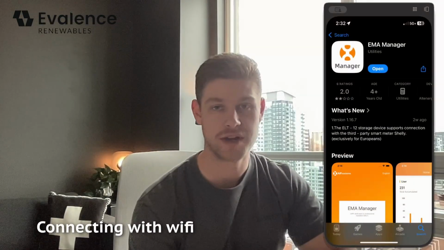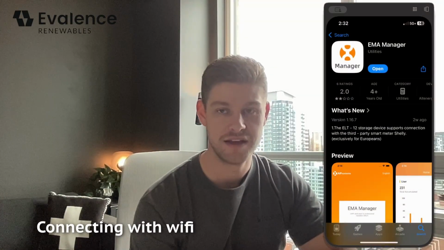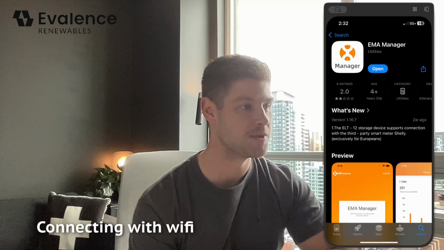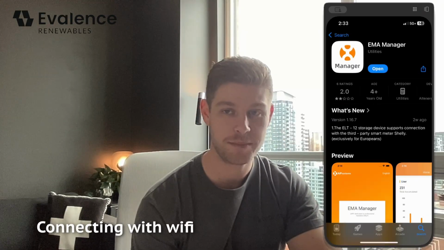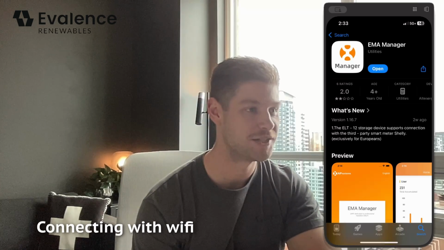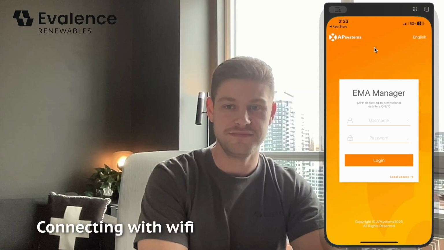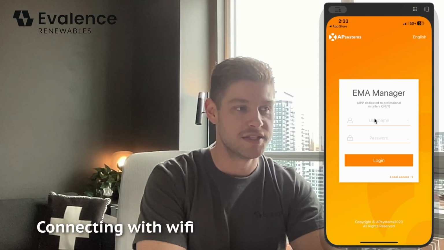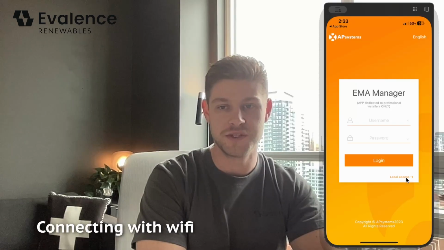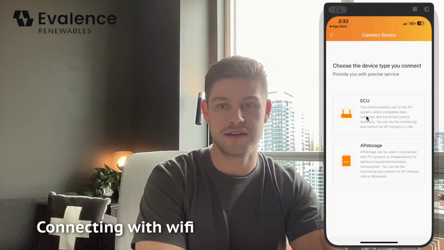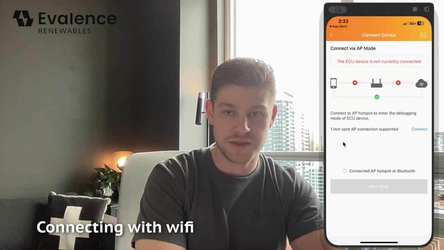All right, so now we'll get into the final steps of connecting the system to Wi-Fi. The first thing you'll do is download the EMA Manager app. It looks very similar to the normal EMA app, but very clearly says EMA Manager. You'll download that, you'll click open, and here we are. You don't actually need any credentials to access. What you'll do is click the local access button, you'll click ECU, and you'll get to this window right